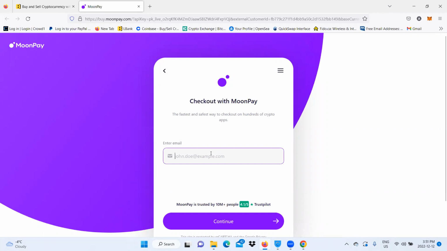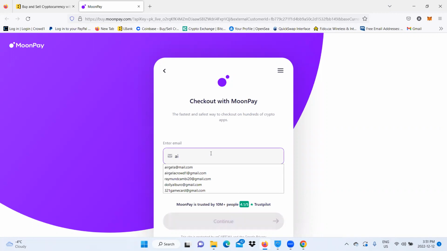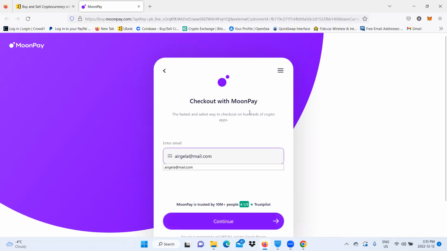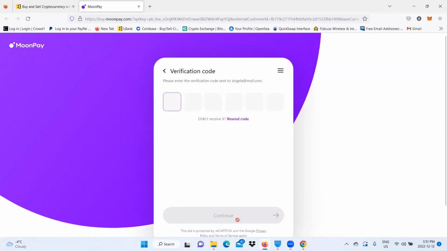And then if you don't have a MoonPay account yet, just enter in your email. But if you already have a MoonPay account, then it's great to just enter in the email of the MoonPay account that you signed up with. So let's continue. So now they're gonna send a verification link to that email. So you have to,